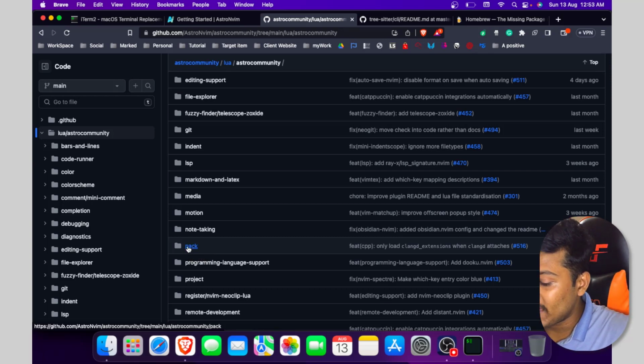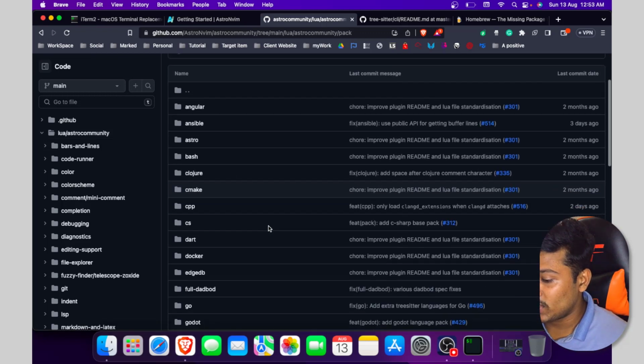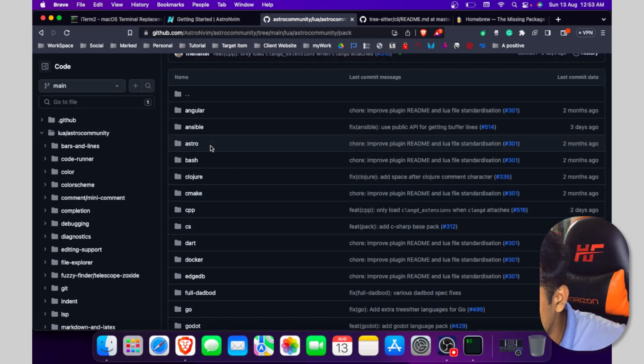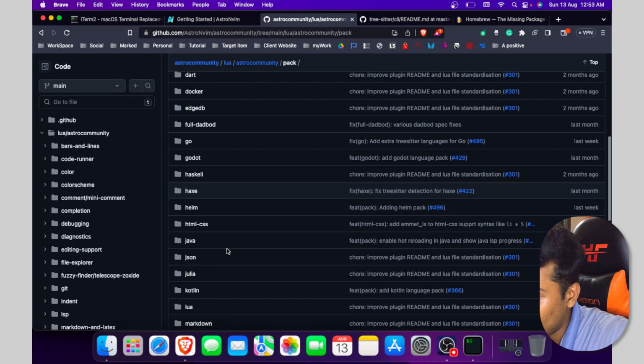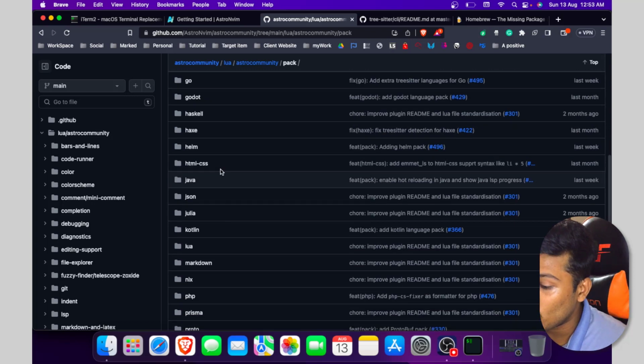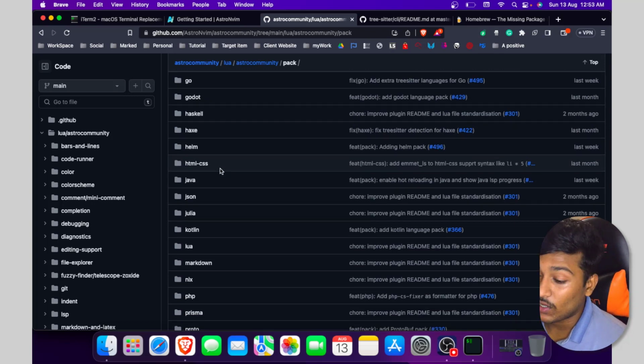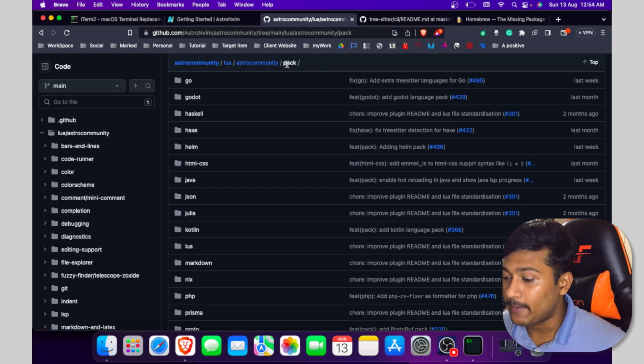You can open the pack folder, and as you can see here, I have Angular, Astro, Bash, C++, C#, Dart, Docker, Go, any kind of language, HTML, CSS. So how can you install this package using the pack?